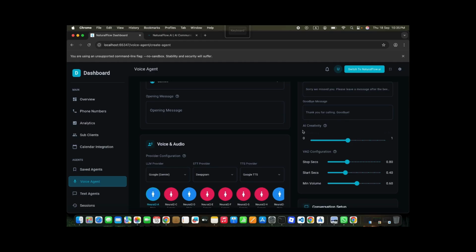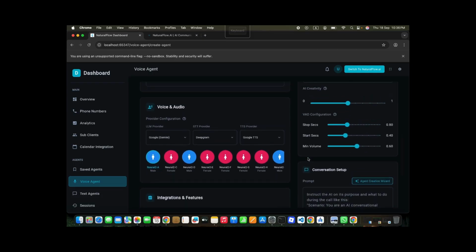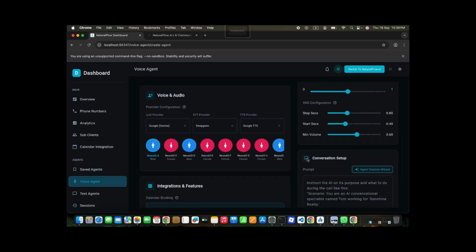We can also configure the AI creativity option, like the temperature of the LLM provider: it can be strict to the script or it can have its own creativity. For the voice activity detection configuration, we can also configure stop seconds and start seconds and the minimum volume for the AI agent. I plan to make it for WebRTC as well, so the client can configure whether he wants to use WebRTC, because it has a different pricing cost, but currently I have configured it for voice